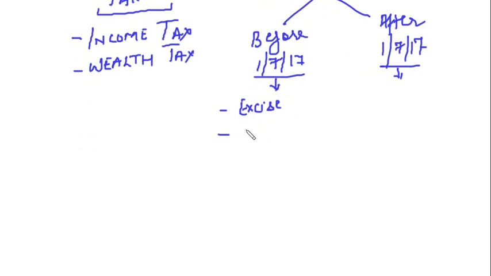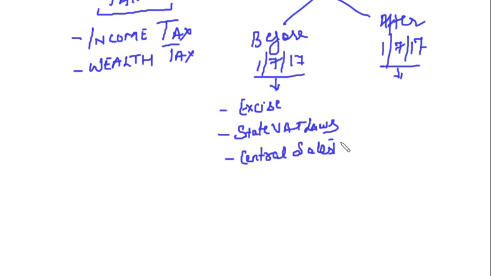Then we have the state VAT laws. Then we have central sales tax, CST, and many other taxes like this, right? But after 1st of July 2017, we are going to have just one tax, that is goods and service tax, GST,